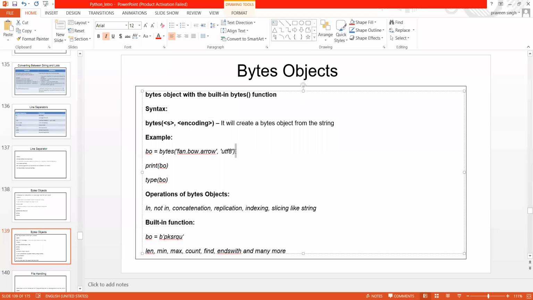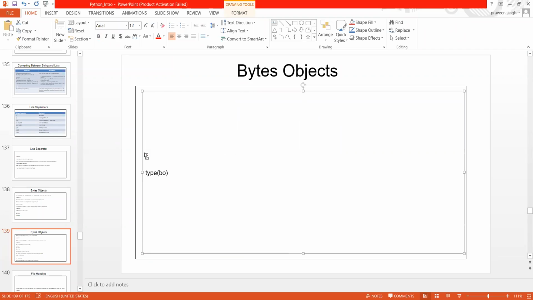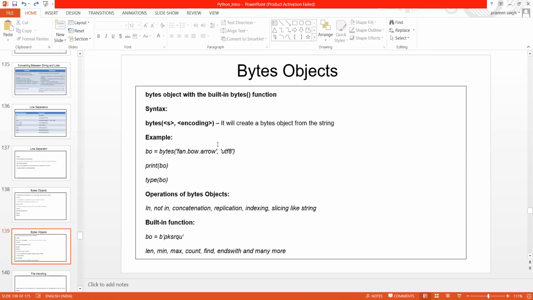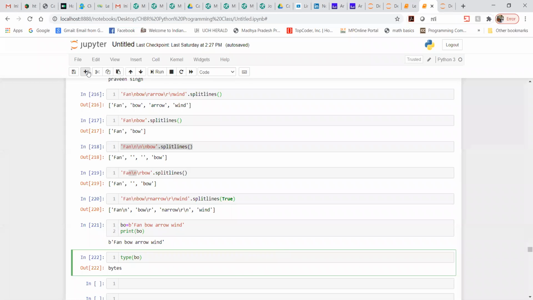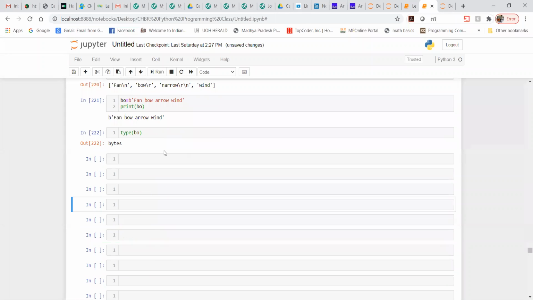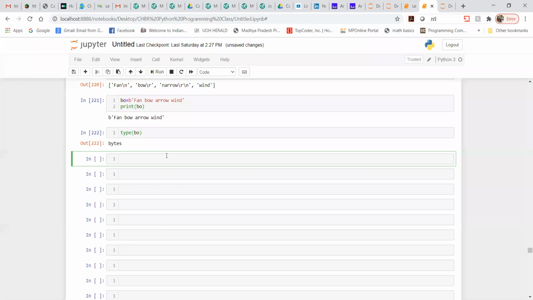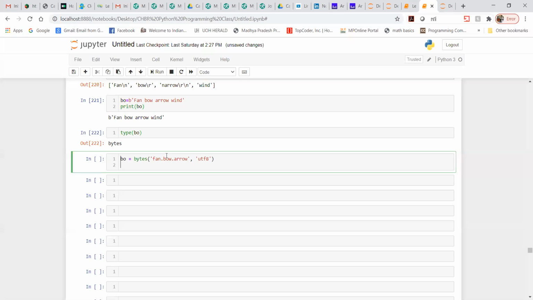So let me take one example where I have just written a string. Here I'm specifying the bytes method like this.